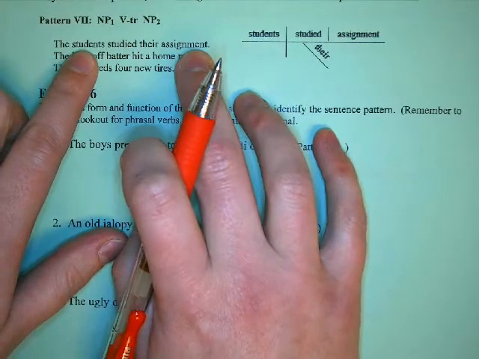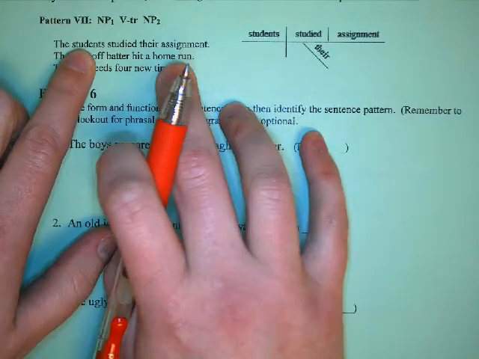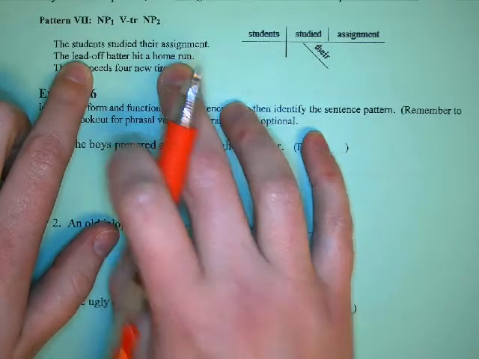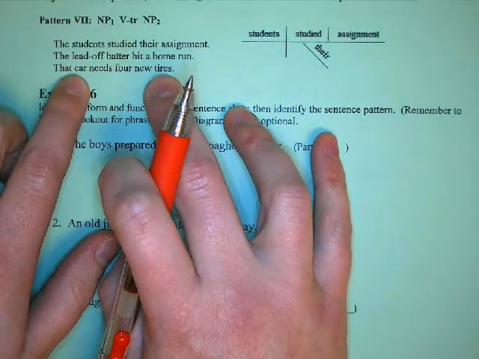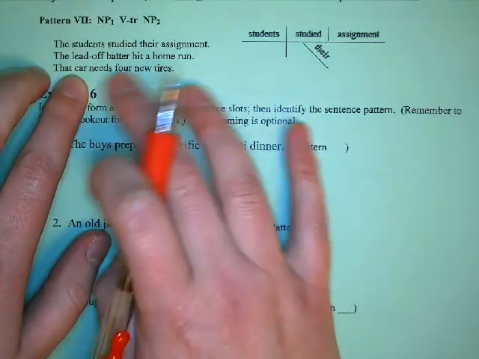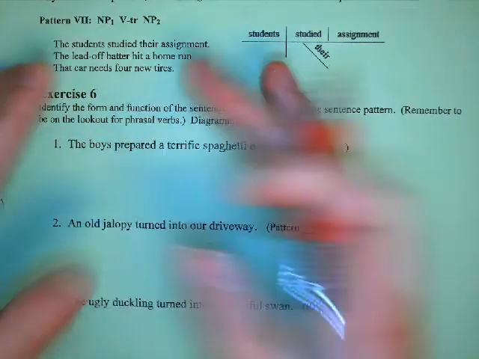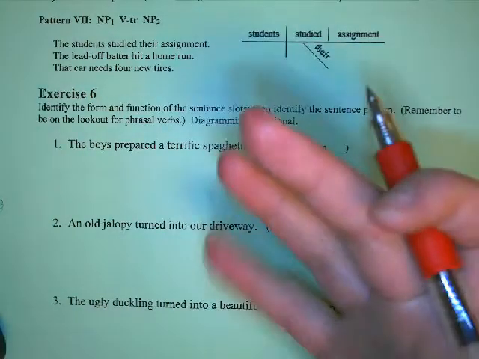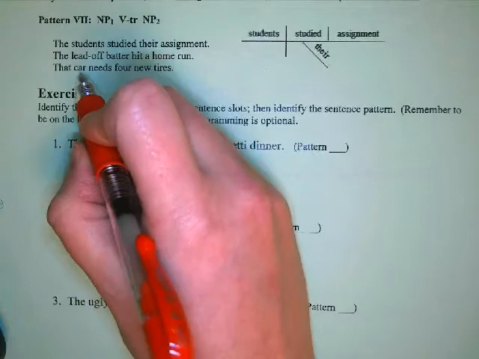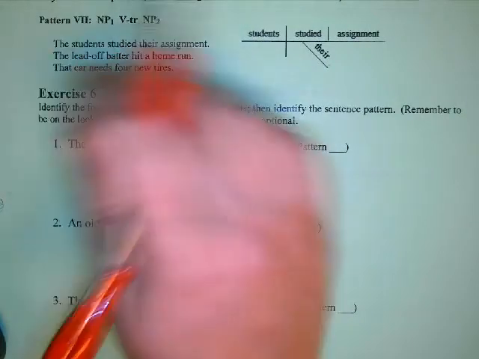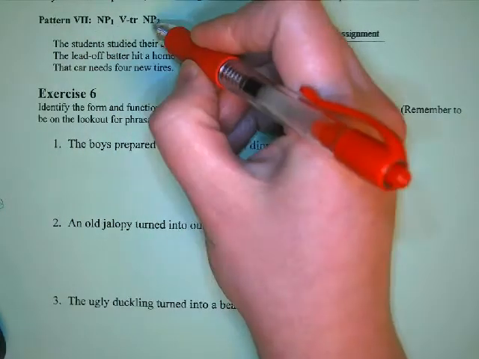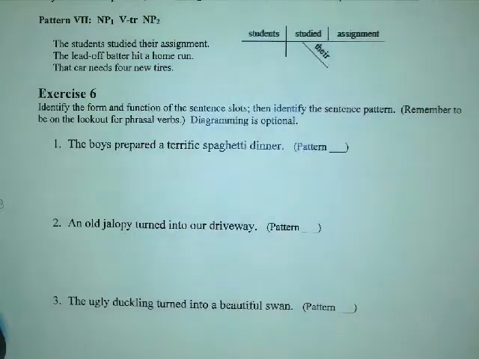So the assignment is not the same as the students. The home run is not the same as the batter. Tires, not the same as the car. Even though in some cases they're like parts of the same thing, it's not really the exact same thing, okay? So we're not redefining the car as the tires. It's a separate thing. So noun phrase 1, noun phrase 2, and that second noun phrase is going to be